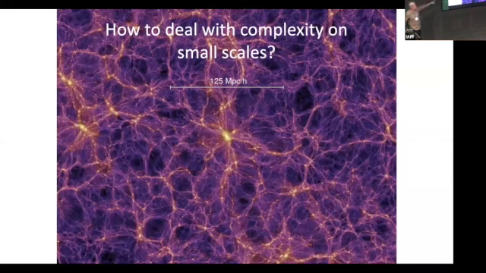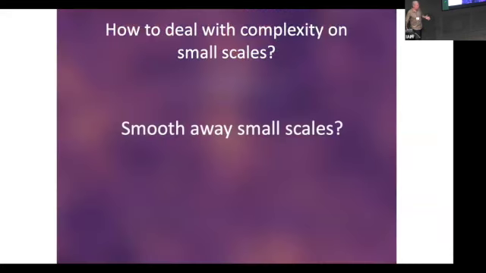I'm showing a simulation here, and in this simulation you see some very heavy clusters or nodes of this cosmic web that forms under gravitational collapse of these small initial perturbations. How do we deal with that? Until not so long ago, honestly, the best tool we had was just to do this: to just smooth it all away so that we only had to deal with the large scale, which we could deal with perturbatively. And this is sort of the pre-ML era, which is not that long ago in this field.